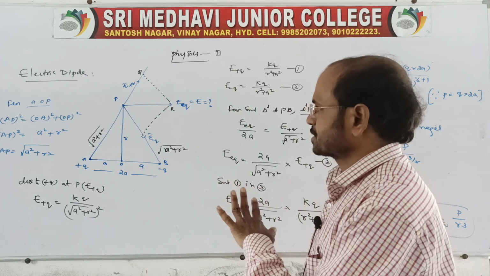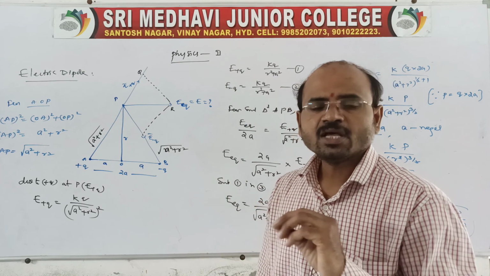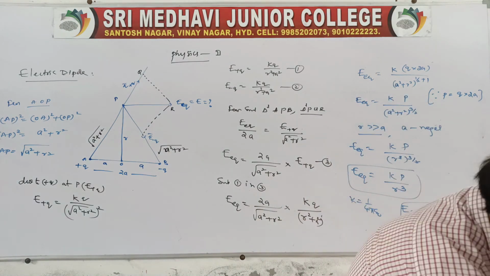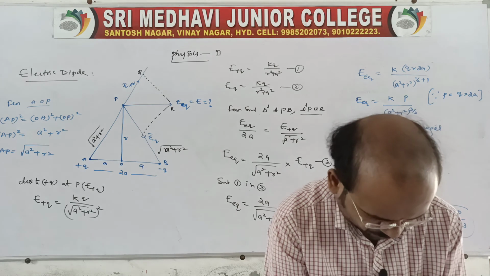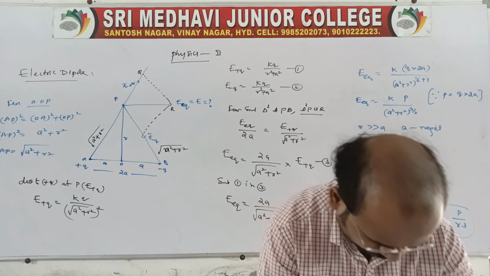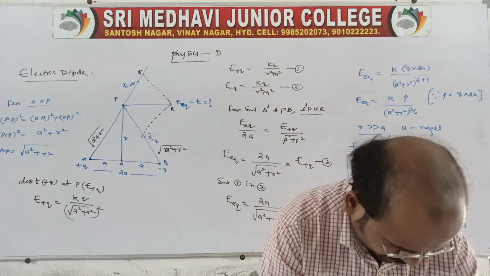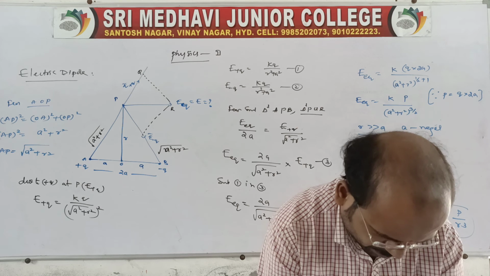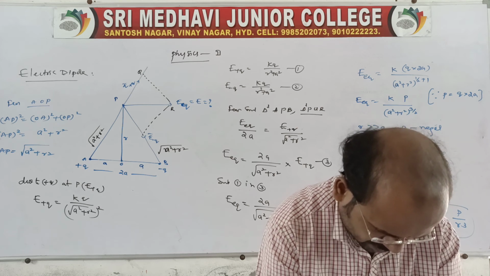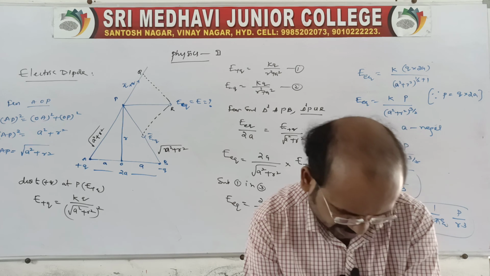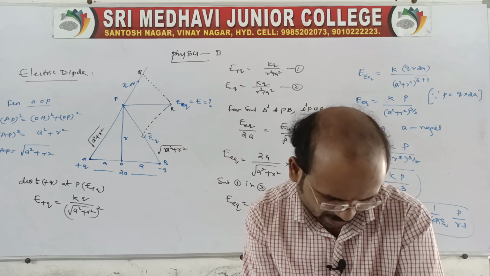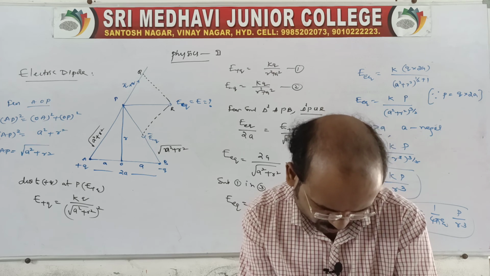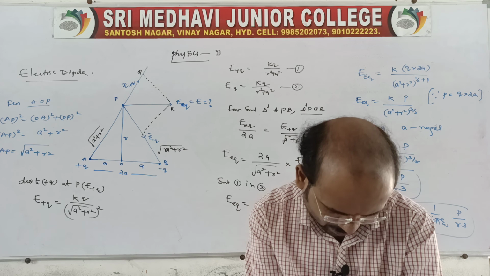You go through these two expressions because it is for 4 marks. In our material also it is given, so refer to the materials. I'll tell you the page number also, because it is given as 4 marks questions. In previous years also these questions were given in the examination. For short answer questions, look at page number 109, question number 4 and question number 5. Question number 4 is: derive an expression for the intensity of electrical field at a point on the axial line of an electric dipole. This was given in 2017, 2013, 2016 and so on.